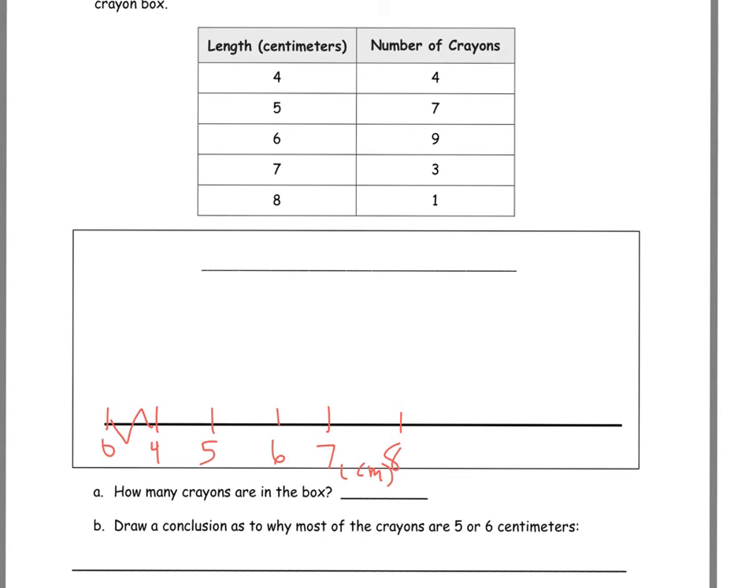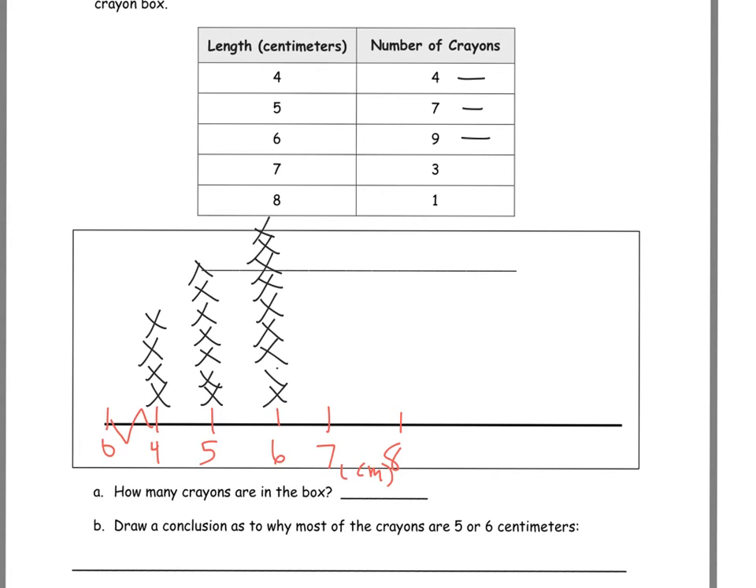So now let's put in our x's, and over 4, I'm going to do 4 of them. Over 5, I'll do 7. Over 6, I'll do 9. Over 7, I'll do 3. And over 8, I'll do 1. And now that I've gotten those in, I'm going to put in my